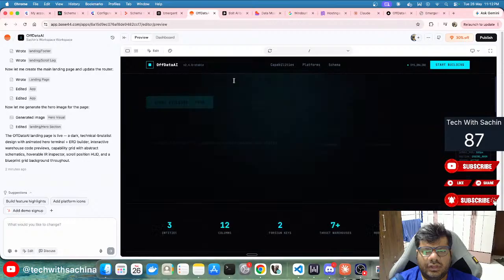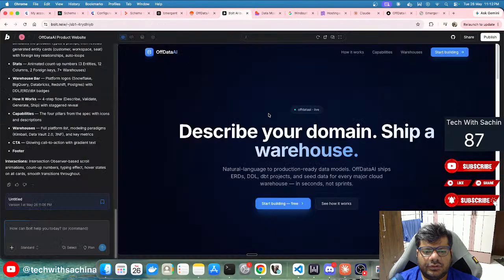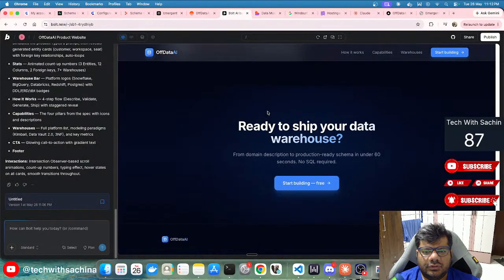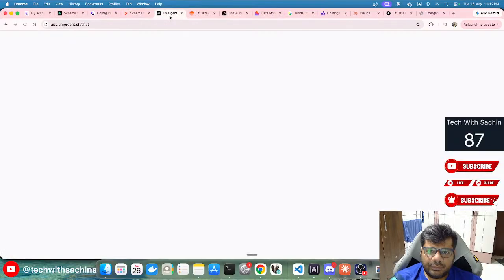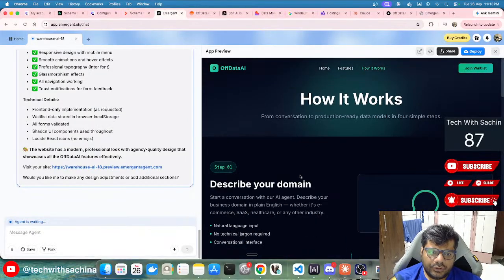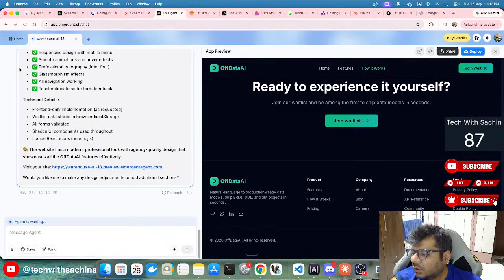No, I don't like this Base44 one much. This also I don't like. Okay, so for now I'll say the winner would be mostly Replit, and after that I'll give points to Emergent. But we'll do a thorough, full stream on this, comparing all the platforms. We'll try to build a few use cases, and then we will see how these things perform.